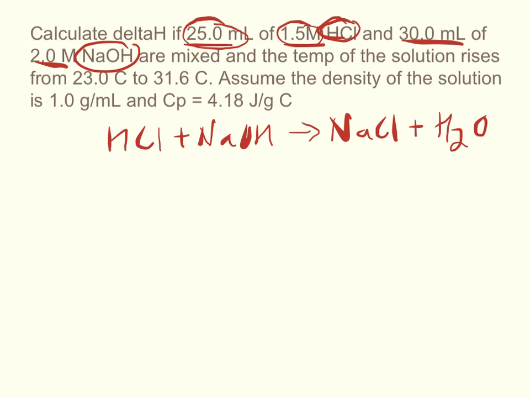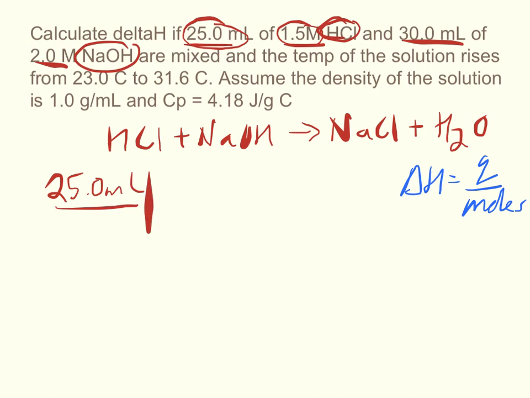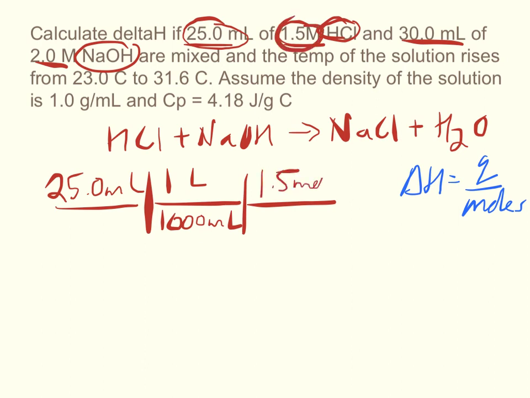Because remember, the equation we're trying to solve for is delta H equals Q over moles. So I have 25.0 milliliters. Well, I know you guys have got to have this memorized. 1 liter is 1,000 milliliters. Or if you just want to remember, move the decimal to the left 3 times, converting to liters. And I know, based on the molarity, there's 1.5 moles for every 1 liter. So my milliliters cancel, my liters cancel. If I do the math here, I'm left with